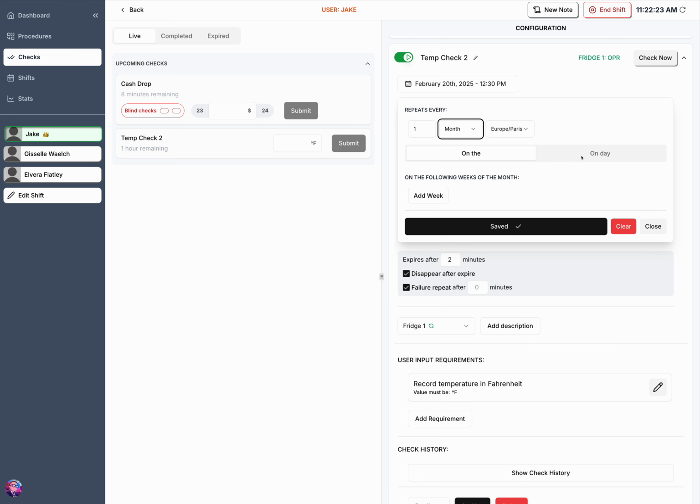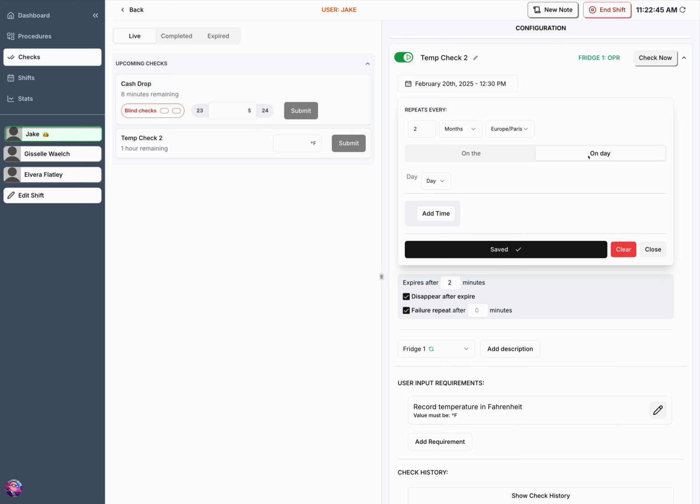Now, this whole scheduling system also applies to tasks. So it might not be that you put a maintenance schedule in checks, you put it in tasks, but you can. Part of the reason I wanted to show you checks is because it covers the more complicated functionality, some of which also exists for tasks. So let's say we want to do it every 1 month or maybe every 2 months, right? And we can have it either on a certain day of the month up until the last day,